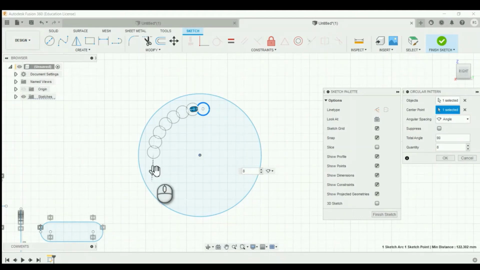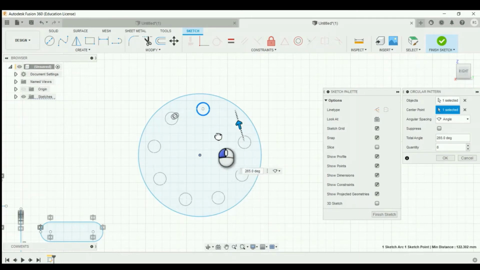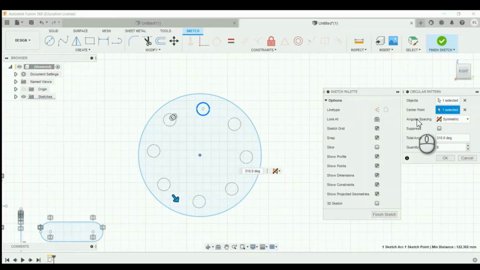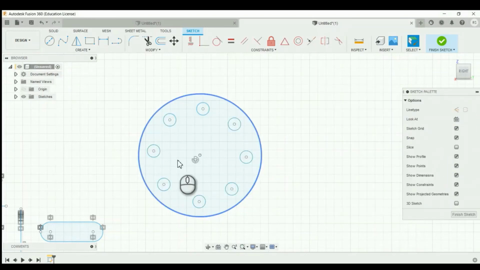You can also change it by dragging the manipulator like this, and you can also specify the symmetric. Symmetric means all equally spaced like this. After that, click OK. The circular pattern is created.